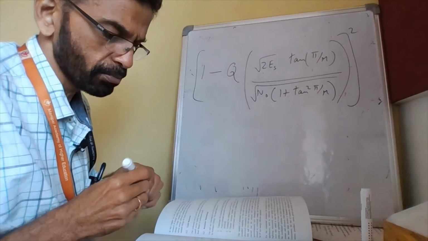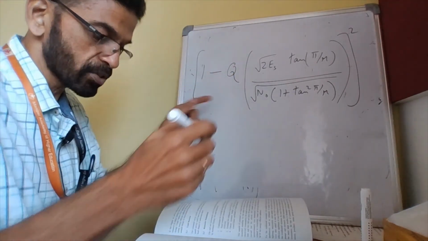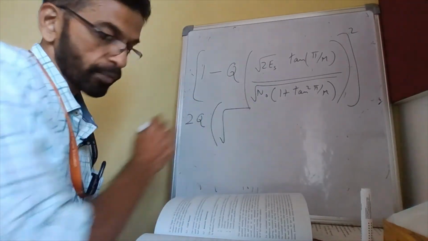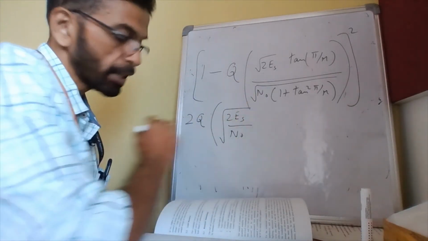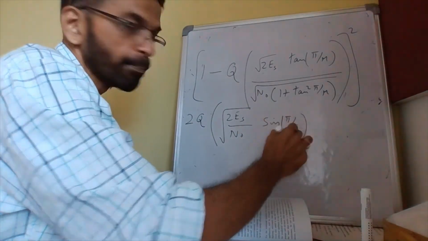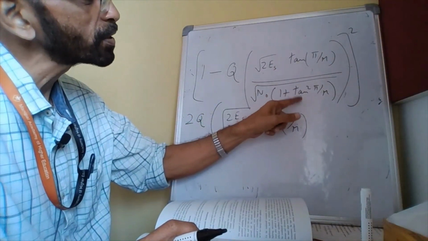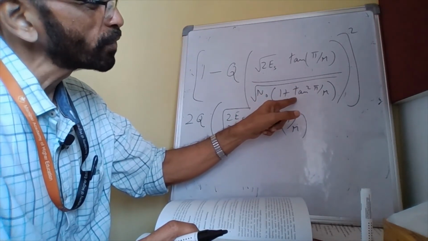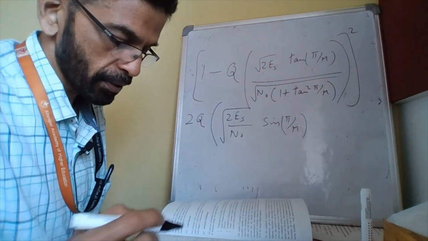and hence this is the probability of correct detection of any of the symbols, and hence the probability of wrong detection will be 1 minus this, and 1 minus this will give you 2Q of square root of 2Es by N0 sin pi by m. So I put sin pi by m because this is sin by cos, this is sin by cos square, so sin square by cos square plus sin square, 1 by cos square, and it's under the root, so 1 by cos, sin by cos, that will give you sin, and